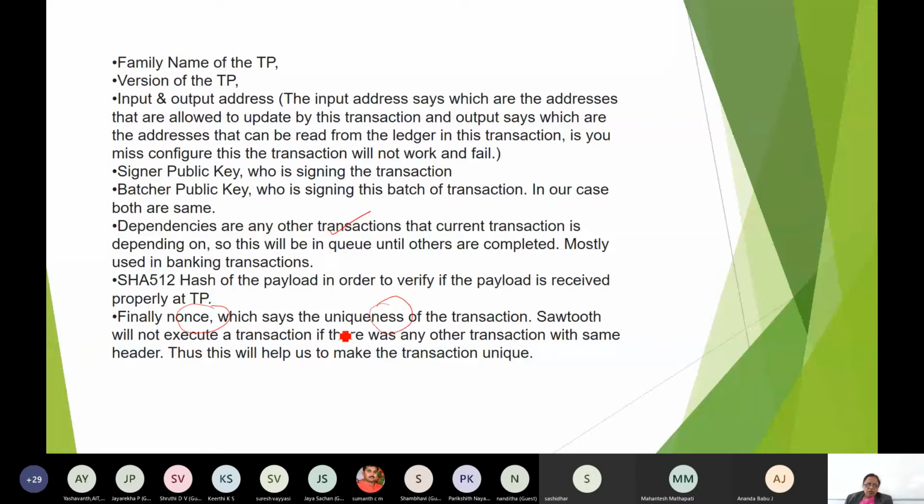Sawtooth will not execute a transaction if there was any other transaction with the same transaction header, right? In the transaction header, the nonce is a uint32 integer field, and it goes on changing.